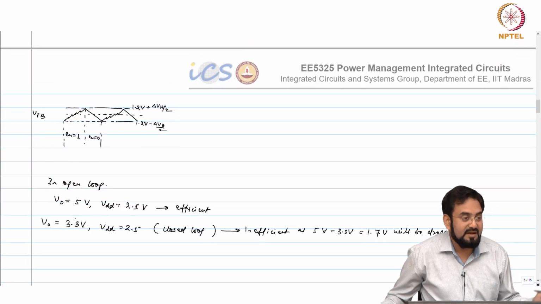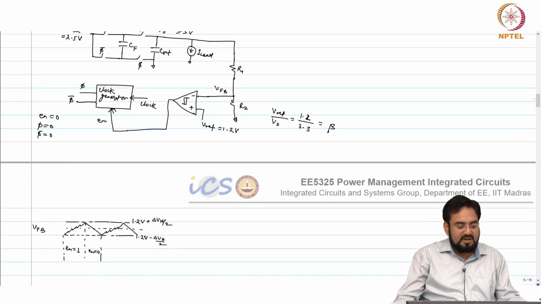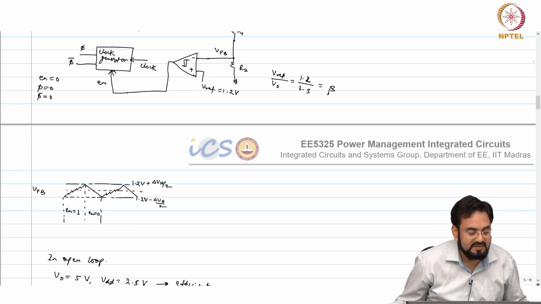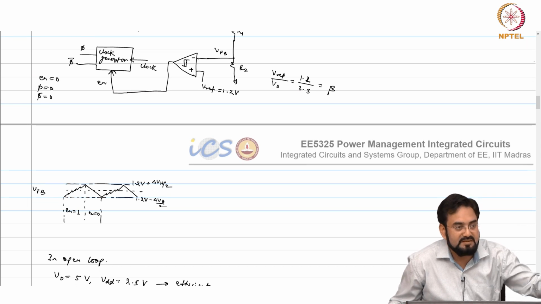But if you look at light load condition, with this hysteretic converter the output is discharging, so switching losses will automatically scale with your load, because the frequency will start reducing. You charge and then you wait until your load discharges. As your capacitor is the same and your load is reduced, your discharge rate will be slower, so the next time you switch will come later.